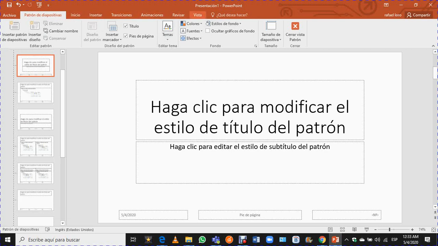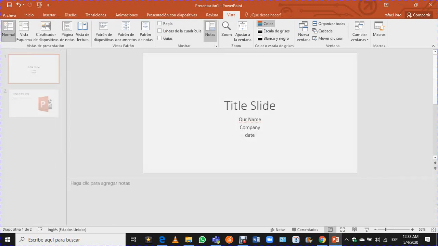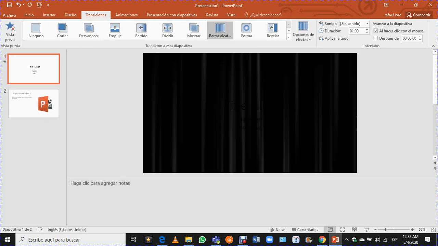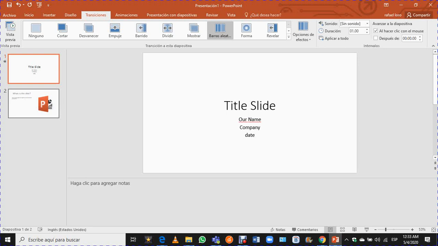I'm gonna go again to view. I'm gonna go to normal view. Then I'm gonna choose transitions. Transitions is how you go from one slide to the next slide. You see? So now if I press that, when I go from one slide to the next, they're gonna pass or transition differently. I'm gonna go to Insert,